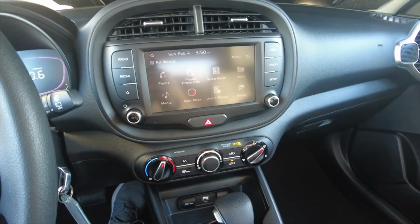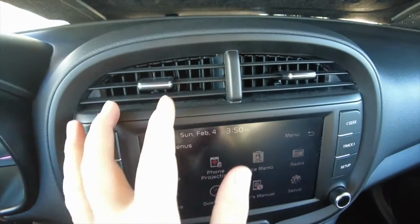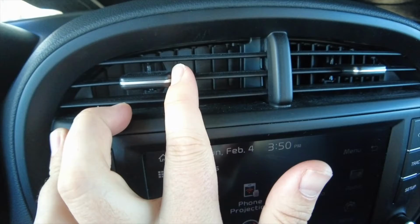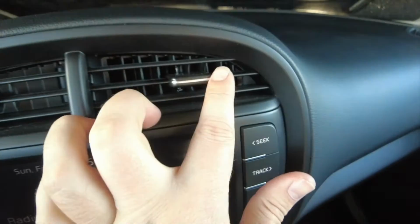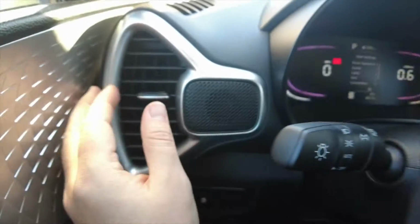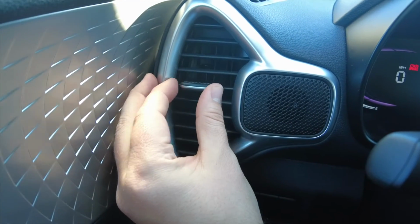And one of the coolest touches that Kia has thrown in here: to get this vent to totally shut off, you can actually switch it the whole way over, and listen to this, it clicks. Yeah, it clicks everything shut. Same with this one, just turn this over the whole way and it clicks shut. All of them work like that. It's a really nice touch, just all the way to the left,